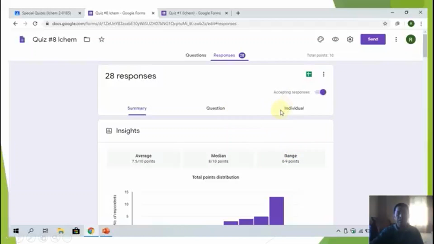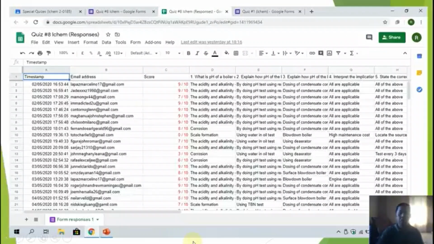When you click create, a spreadsheet is generated and will appear here in what we call the taskbar. And then when you click the spreadsheet, this one will appear.